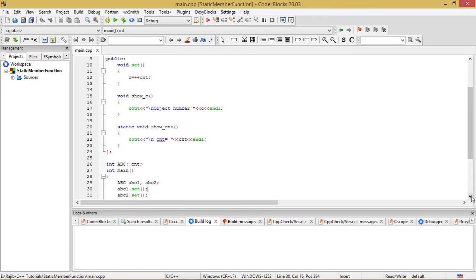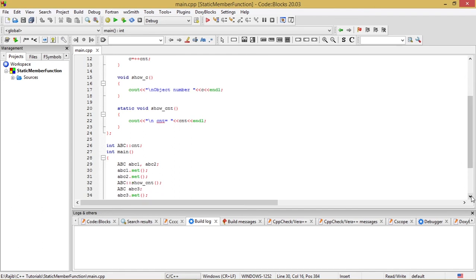So this far we have seen. After that I have invoked the show_CNT function, which is the static member function, and that is going to show the value of the static data member as seen by all the objects so far created.